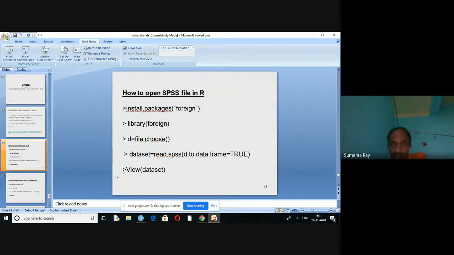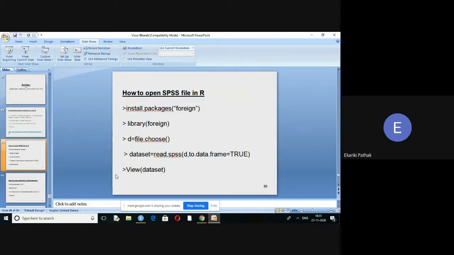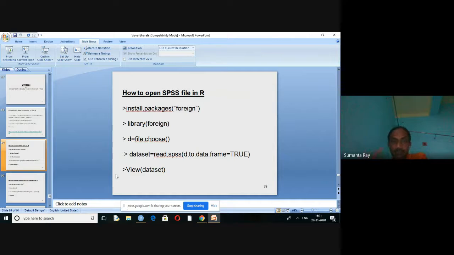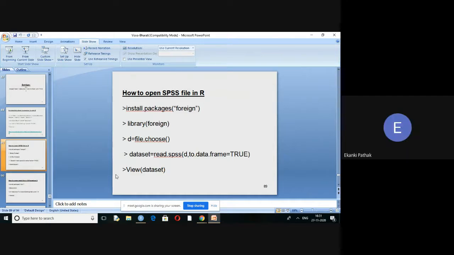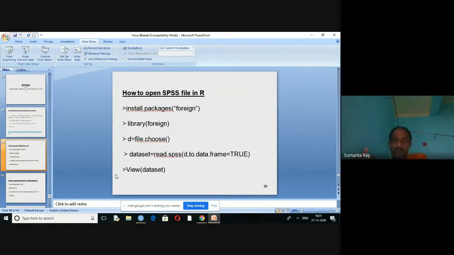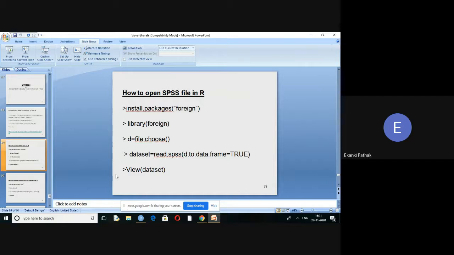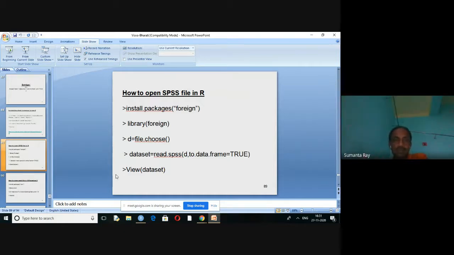Then you write library within the braces and write down the same package name that you installed earlier. Quotes are not mandatory in some cases. After that, you write read.xlsx. I think that will work.